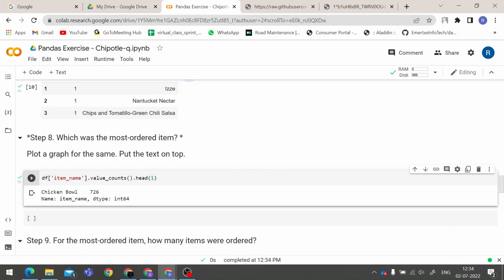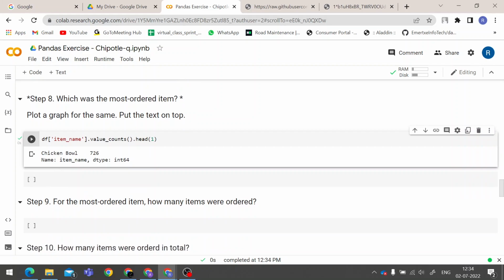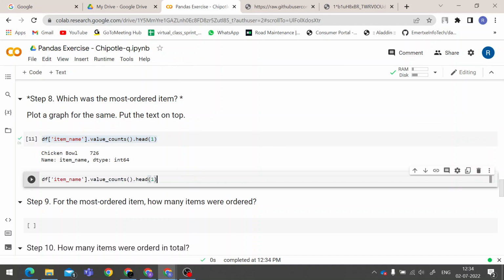So it is chicken bowl that is ordered most of the time. Now let's say you want to know a few items. Let's say first 5 items which are ordered most. This is only one item, right? Now let's say you want to know the top 5 items which are ordered the most. So for that, I'll just copy the same command and make changes here. What is that change? Remove this 1 from here,